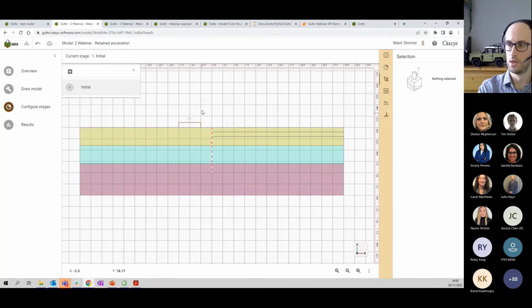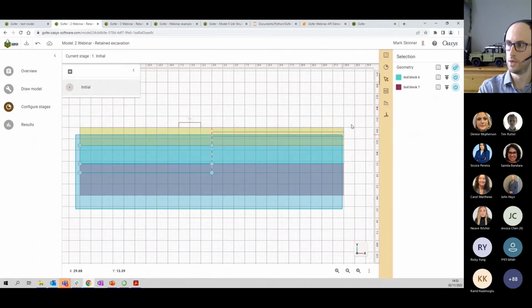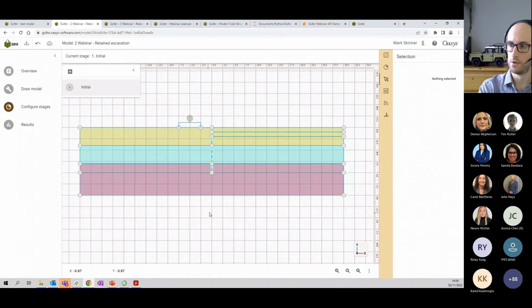You can now see the structure is off, the load is off. If I just select everything, you'll see the panel on the right responds to my selection, and it's showing me what's on and off, the buttons on the right. I can see the soil material assignments by the colors, and I can also, if I'd drawn any, assign groundwater to these blocks here as well. So you can draw groundwater profiles, but I haven't done that for this simple example. You can see down here that the load is off and the structure is also off for initialization,